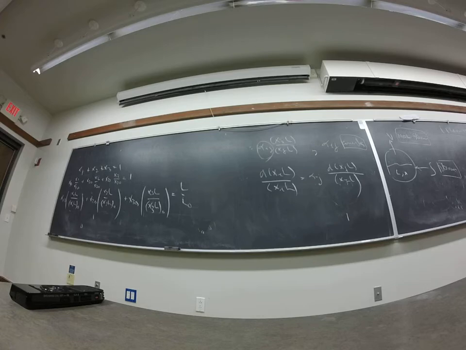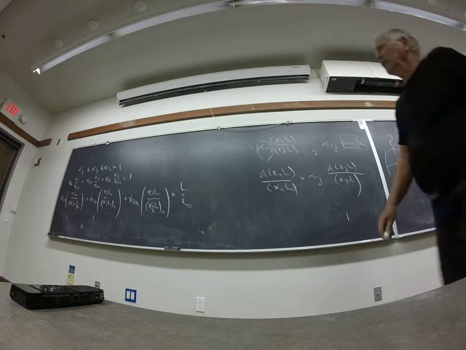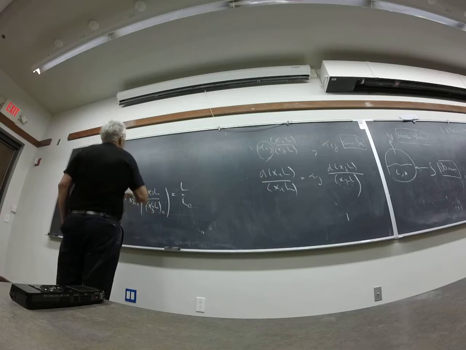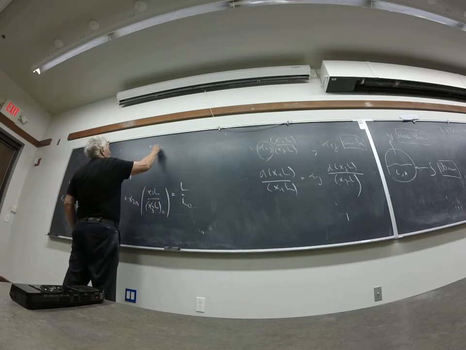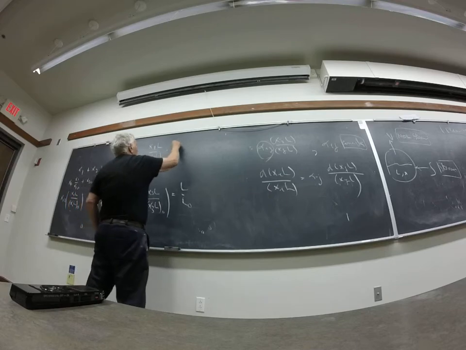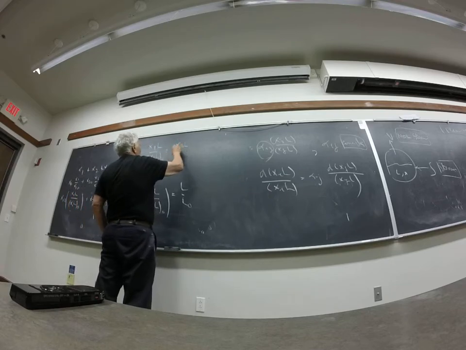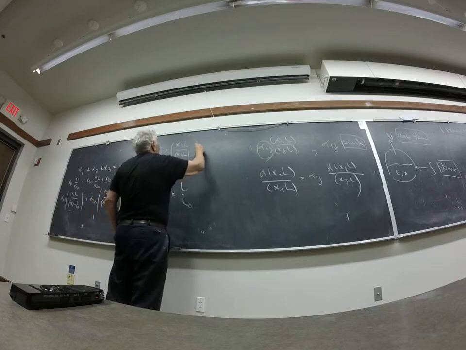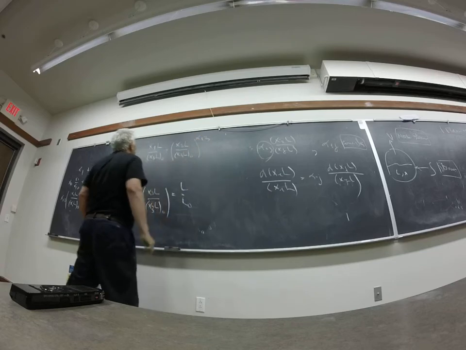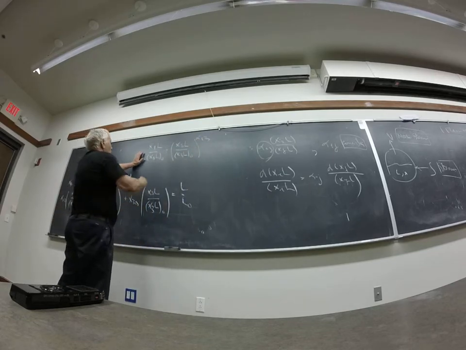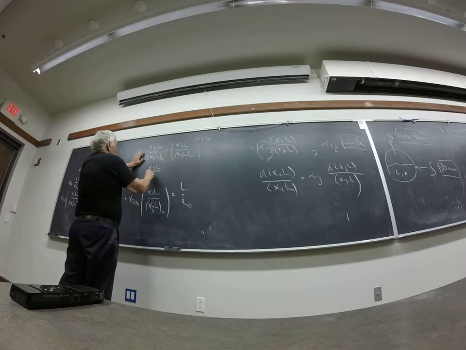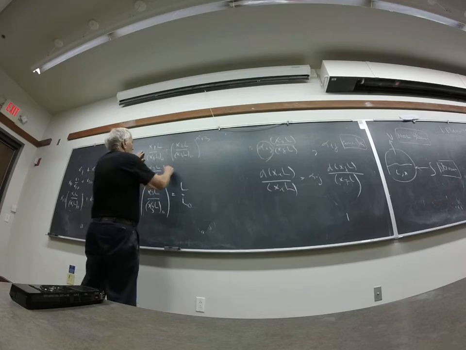This will give me X1. Okay, that's probably a good move. So I will say something like this. X1L over X1L0 equals X3L over X3L0 to the alpha 1,3. And I'll write X2L over X2L0 equals X